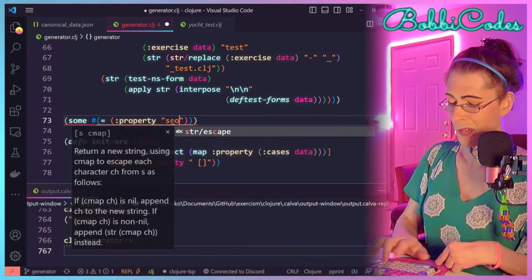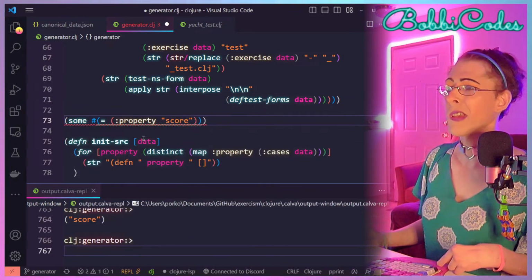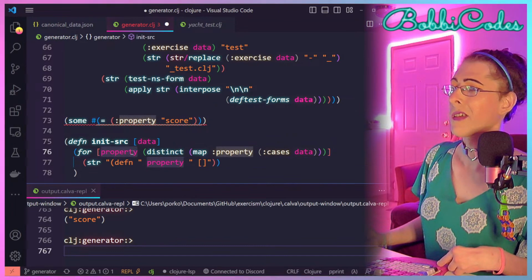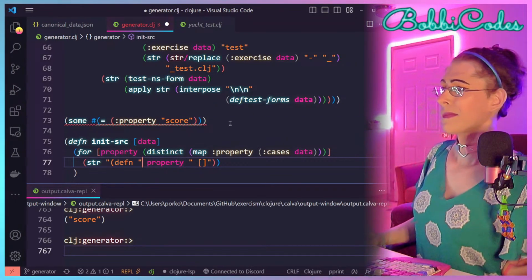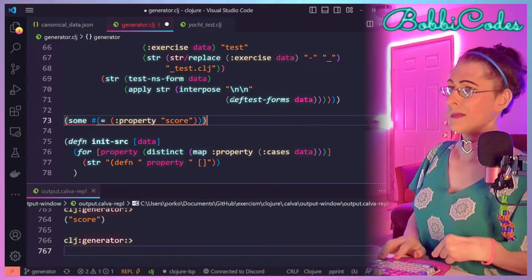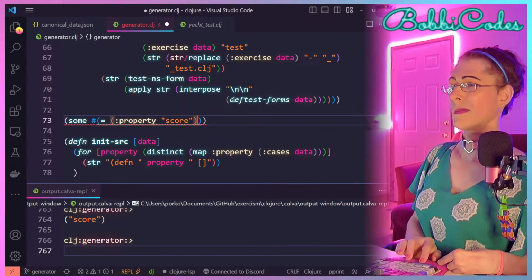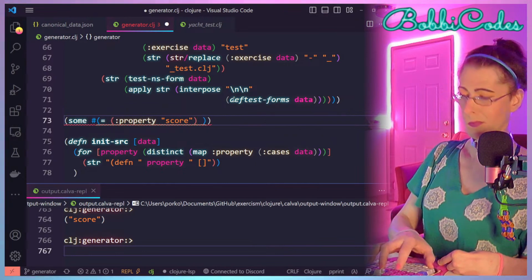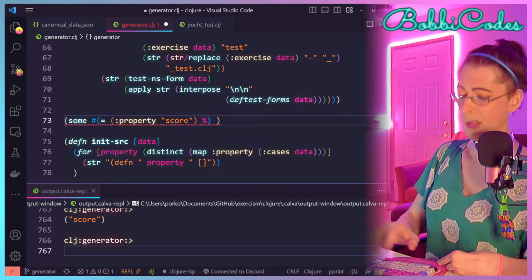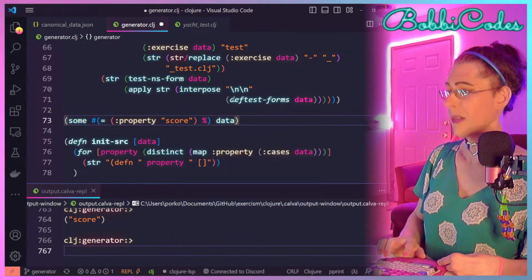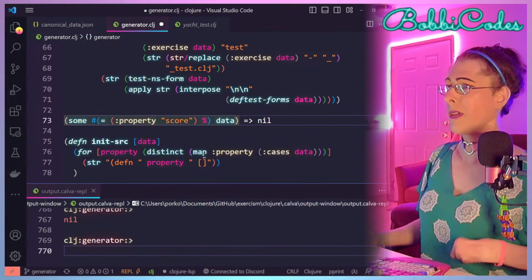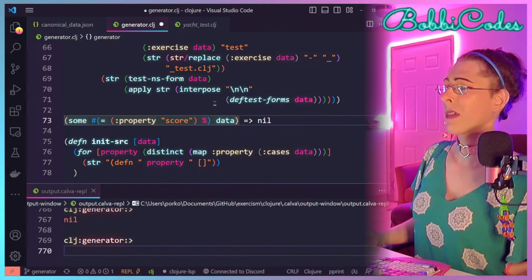And the property is going to be score, which will be the one that we'll do here, of whatever it is, and we'll run that on the data. And let's see, I did it wrong.